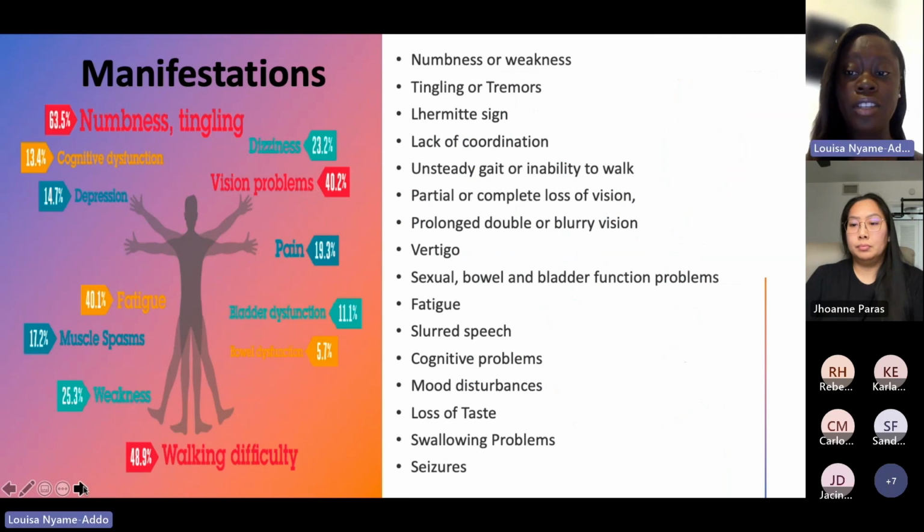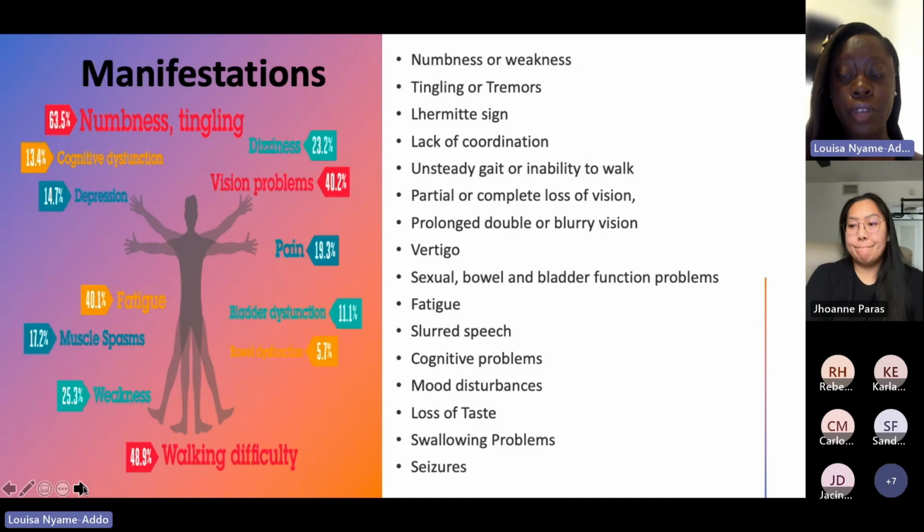So manifestations of MS are numbness or weakness in one or more limbs that typically occur on one side of your body at a time, tingling or tremors, electric shock sensations that occur with certain neck movements, especially bending the neck forward, which is known as the Lhermitte sign, lack of coordination, unsteady gait, or inability to walk, partial or complete loss of vision, usually in one eye at a time, often with pain during eye movement,